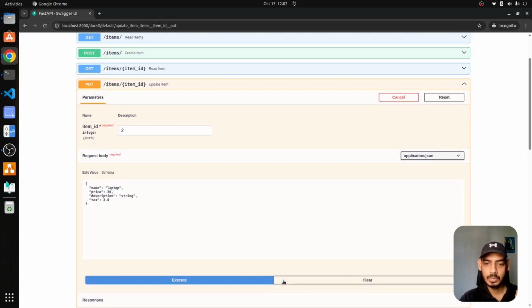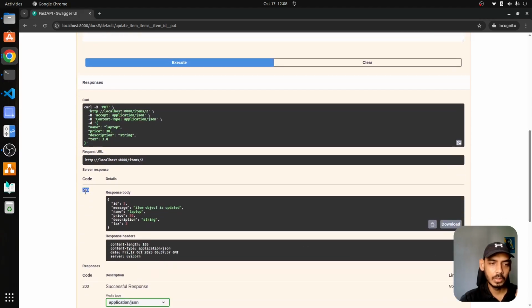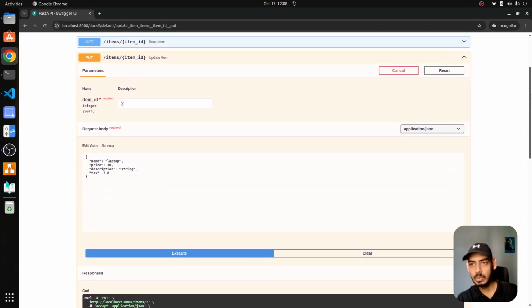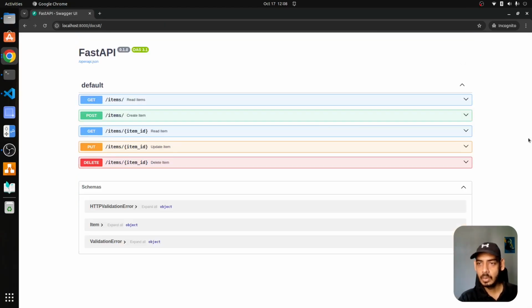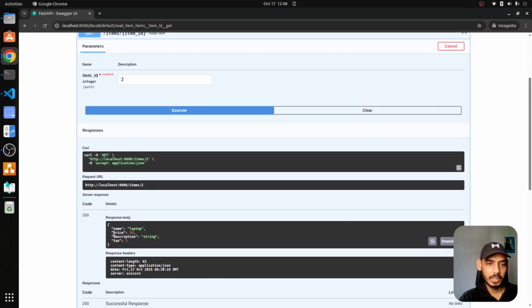Let me execute this one, and the server response is code 200, so it is successful. And this is the ID and the corresponding updated item object. Now since 2 is updated, I'll go to get items. I'll search for 2. Now let's see, it should show laptop. Yeah,